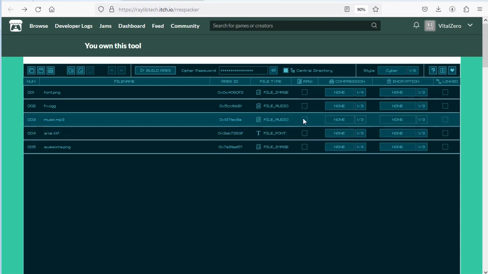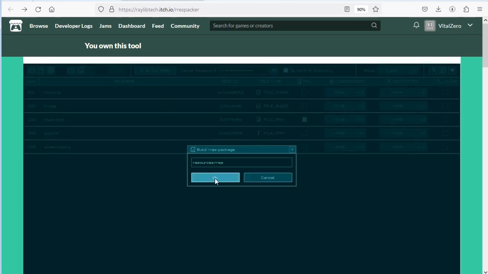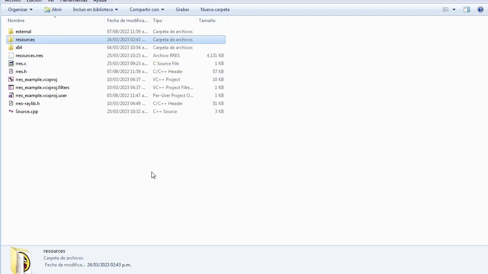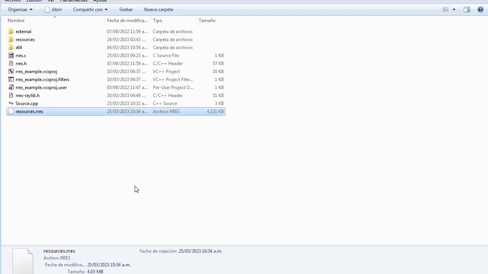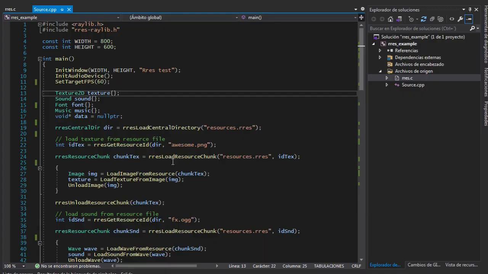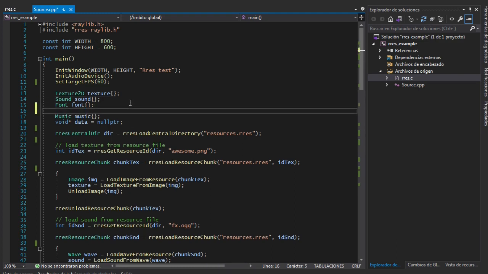Just remember to check the raw on the music so it can work okay. And we build it, we name it, we copy it to the project folder, and we replace it. Okay, we go back to Visual Studio and we need to load it, and to use it we need another font,